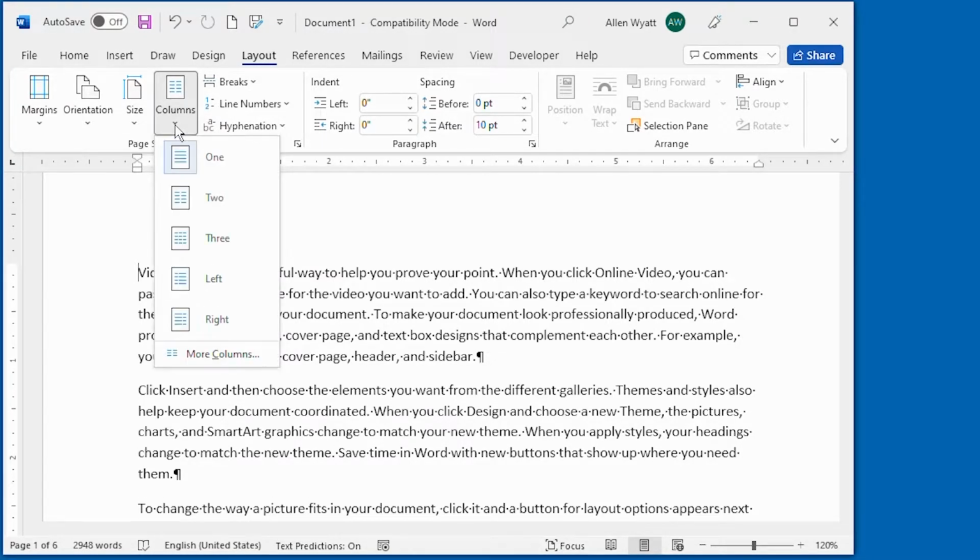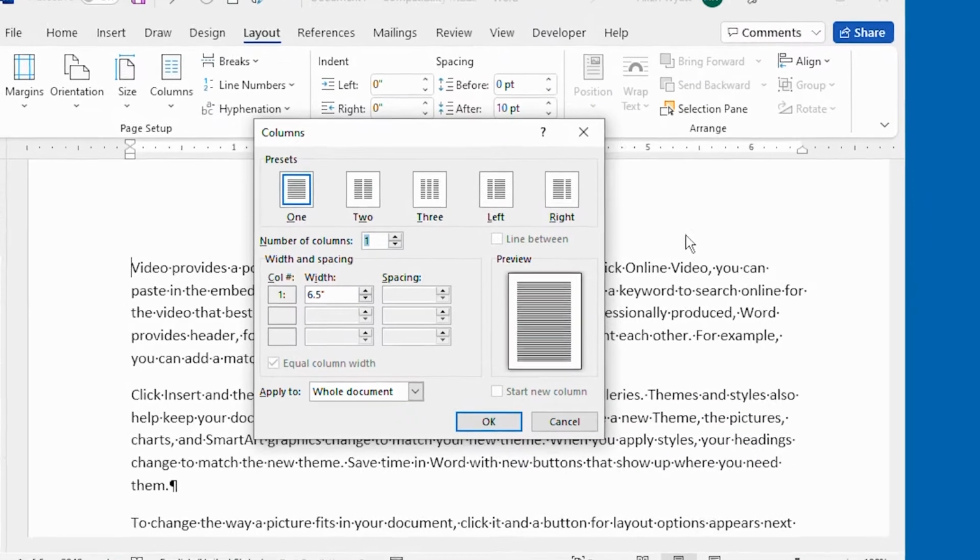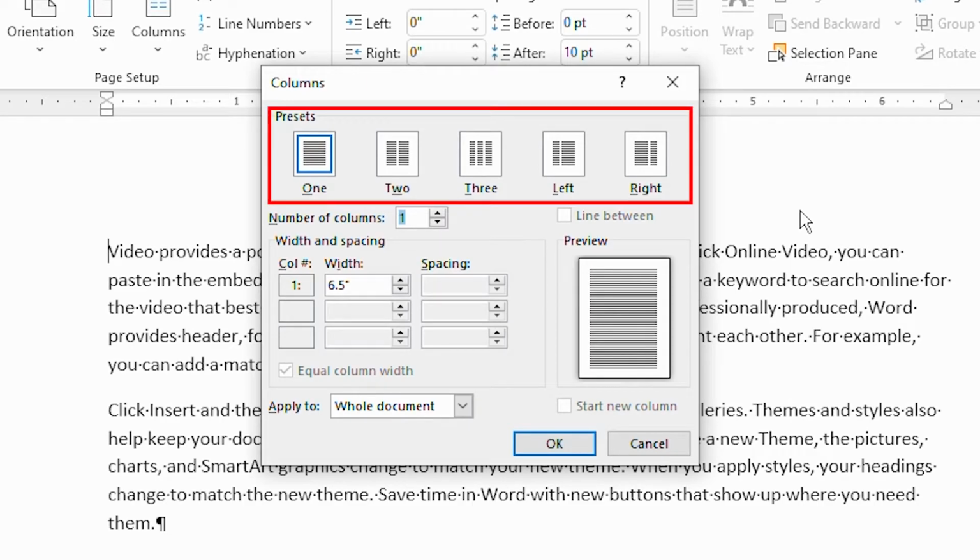If I click on this, you can see that I'm offered to set 1 column, 2 columns, 3 columns, or these 2 fancy layout columns that are right down here. But if you want more than these 5 options, then you need to go ahead and click on More Columns right down at the bottom of these options. And when you do, Word displays the Columns dialog box on the screen. Those 5 options that we looked at just a minute ago are available up here in the Presets area of